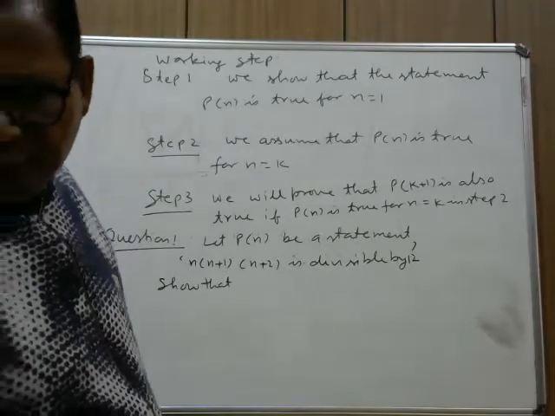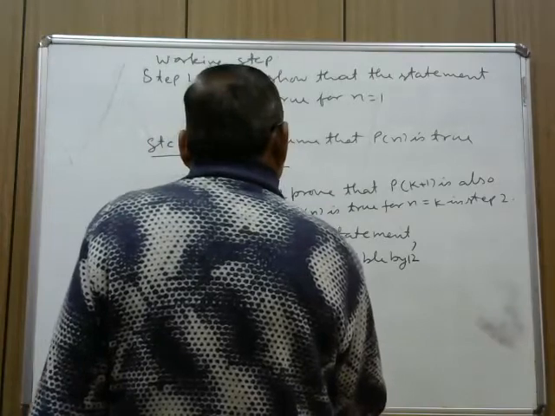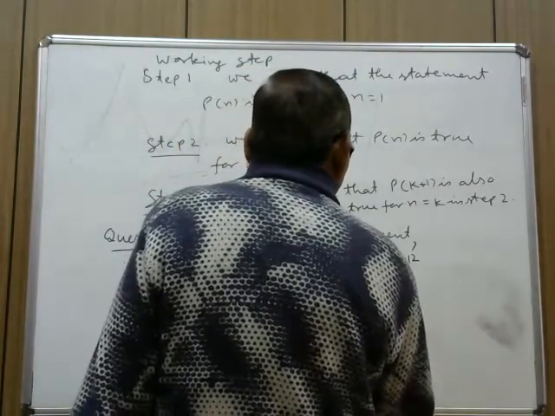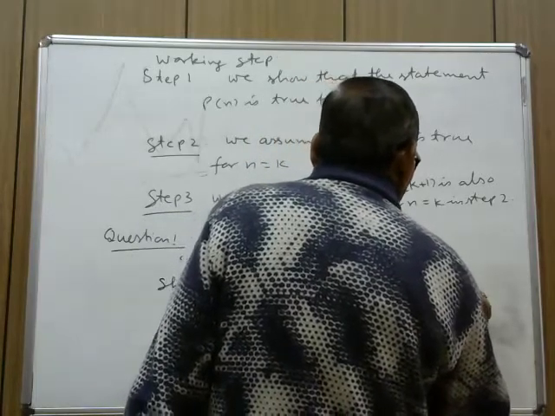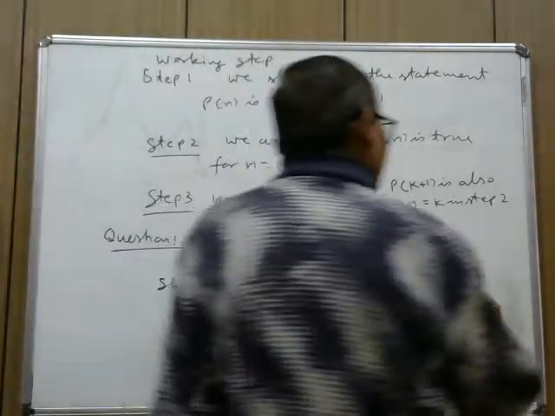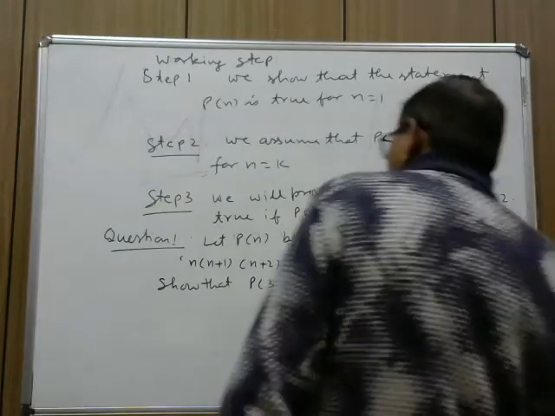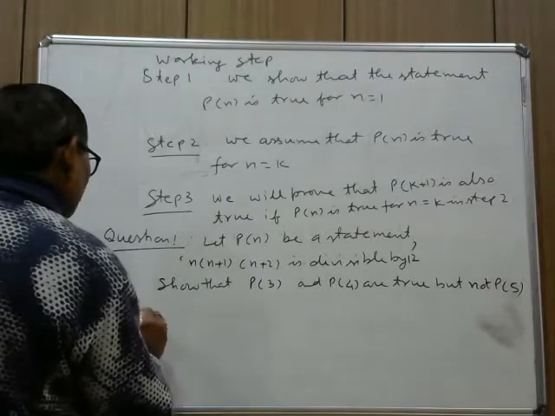This is a statement so that P3 and P4 are true, but not P5. So how will you write the solution for this? Your solution is,